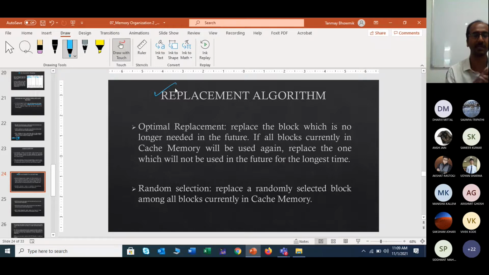You have determined that you will not use this particular data for the coming 3 years, so you can replace this data. That is only an example. Then random selection. Random selection is another process. There is no particular algorithm; you can randomly select any block and replace it.